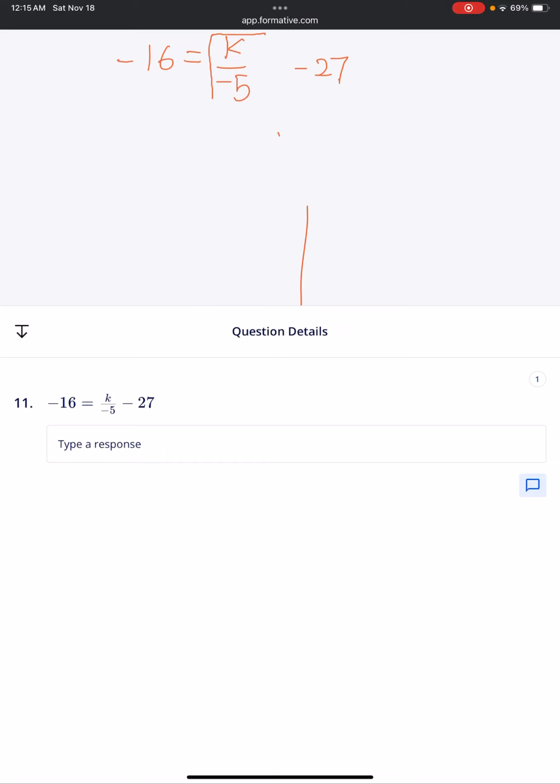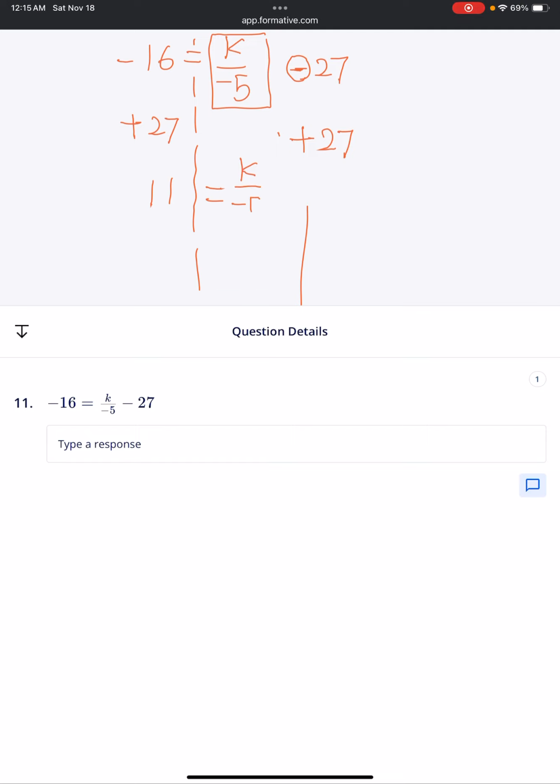I'm keeping the variable. I am getting rid of negative 27. So you need to do plus 27 on both sides because it's negative 27. So negative 16 plus 27, you need to subtract 16 from 27. So it becomes 11 equals k